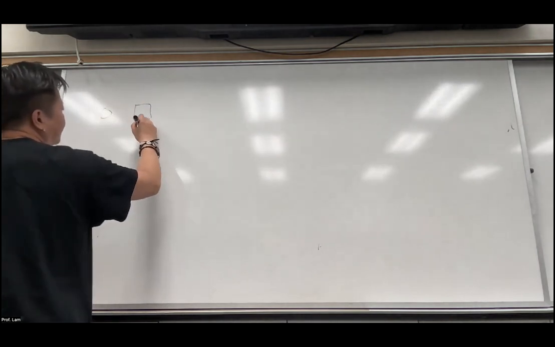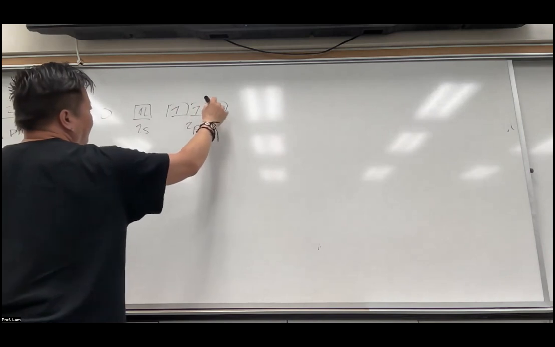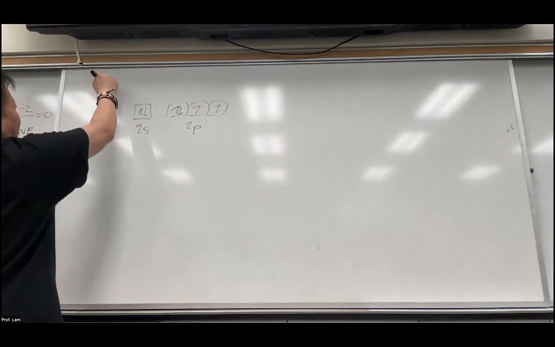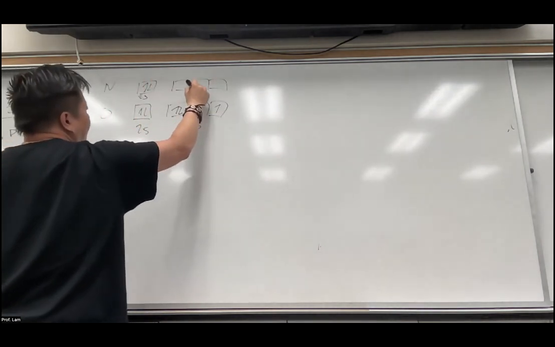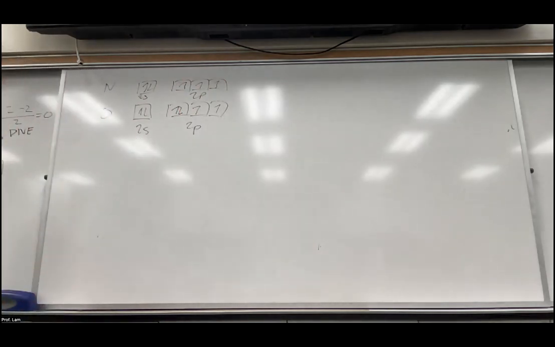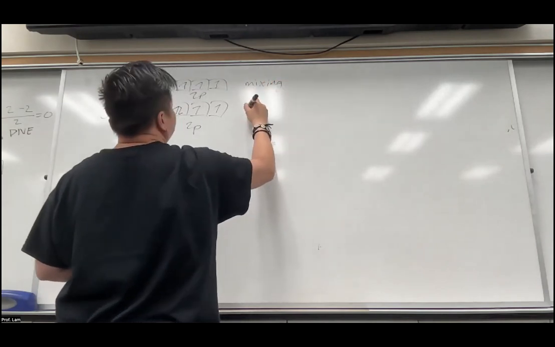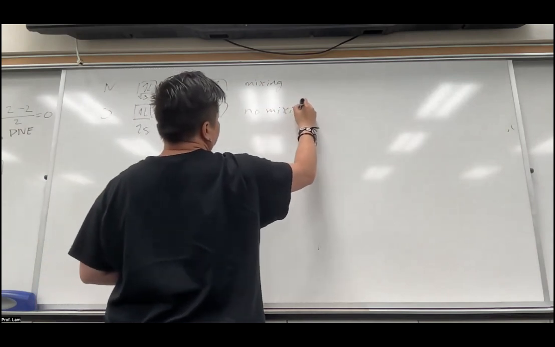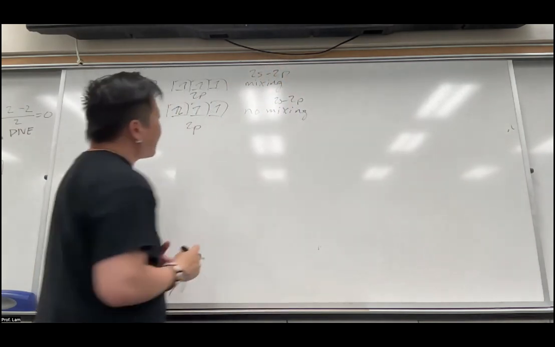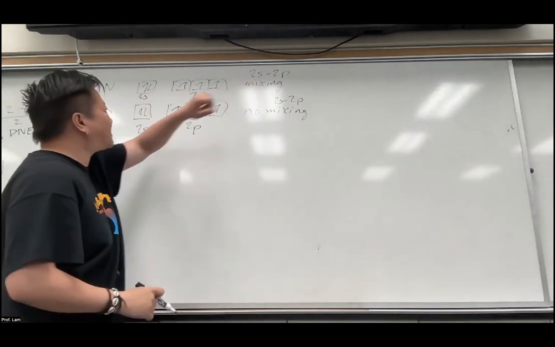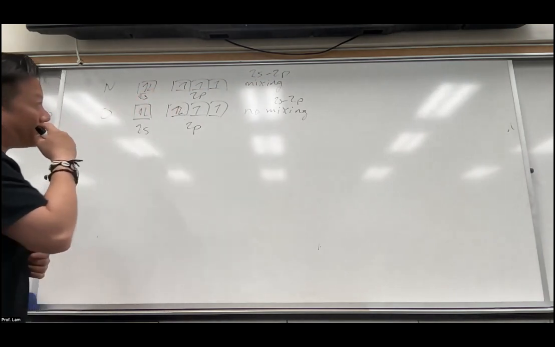Let's look at oxygen first. That's 2s2, 2p4, right? When you look at nitrogen, it's 2s2, 2p3. Okay, so for nitrogen, there's mixing. For oxygen, there's no mixing. And what type of mixing? 2s2p mixing. Okay, so nitrogen has 2s2p mixing because the energy gap between 2s and 2p is smaller than in